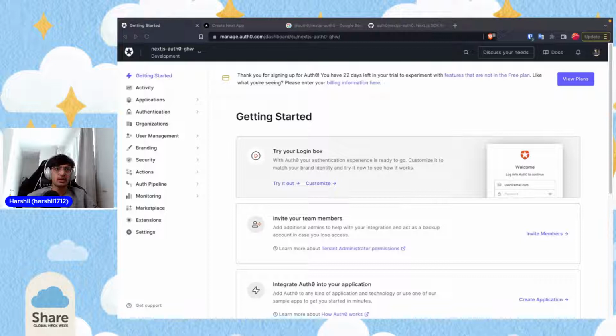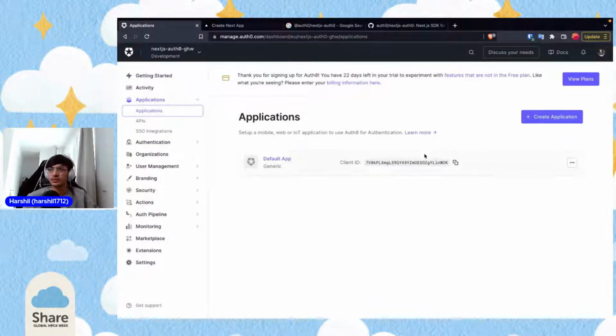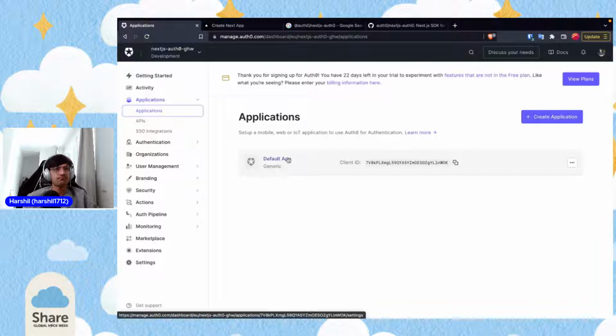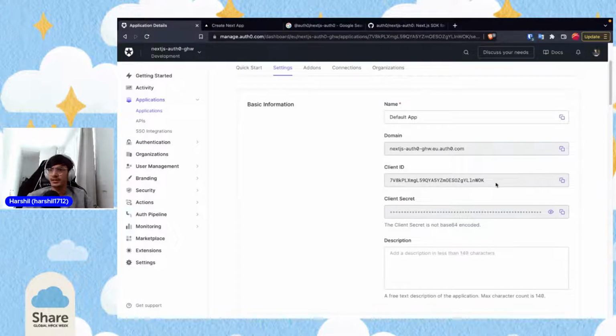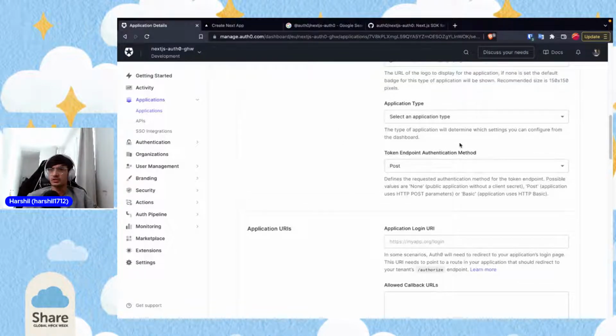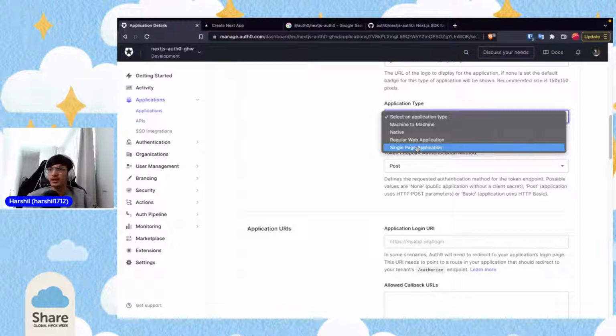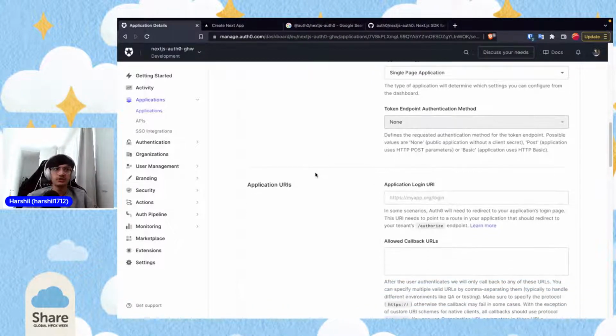Now we got our Auth0 dashboard over here. So let's go ahead and go to applications. We have a default app and I think I'm going to use the default app for now. If I open the default app, we now get the client ID, the client secret, and we can change all the settings over here. The application type over here would be a single page app because with Next.js we always build a single page application. Now what we have to set is the application URI,